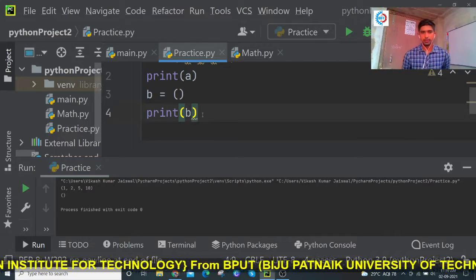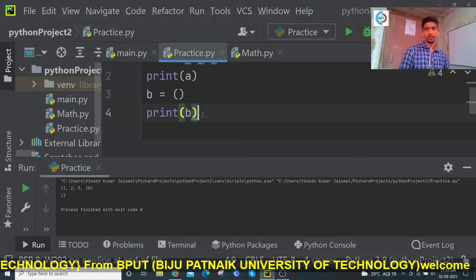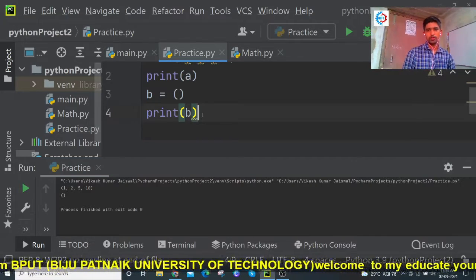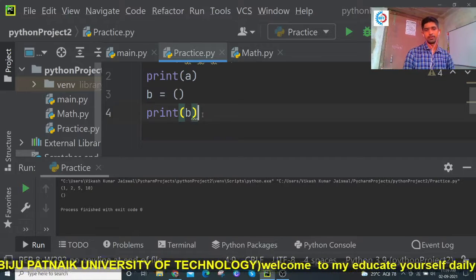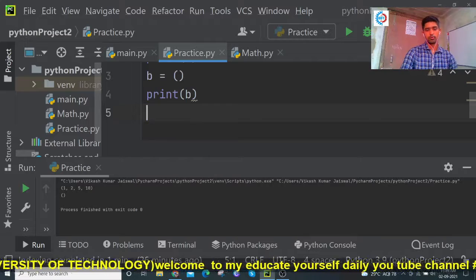Now if you want to create a tuple that stores only one element, you can do it also.